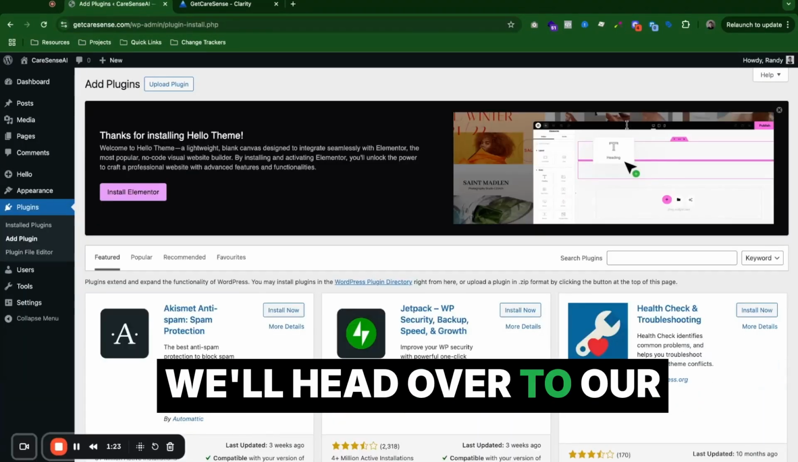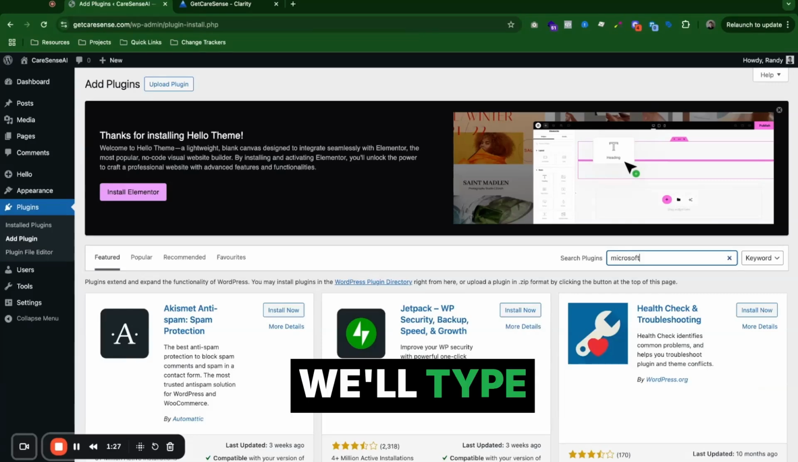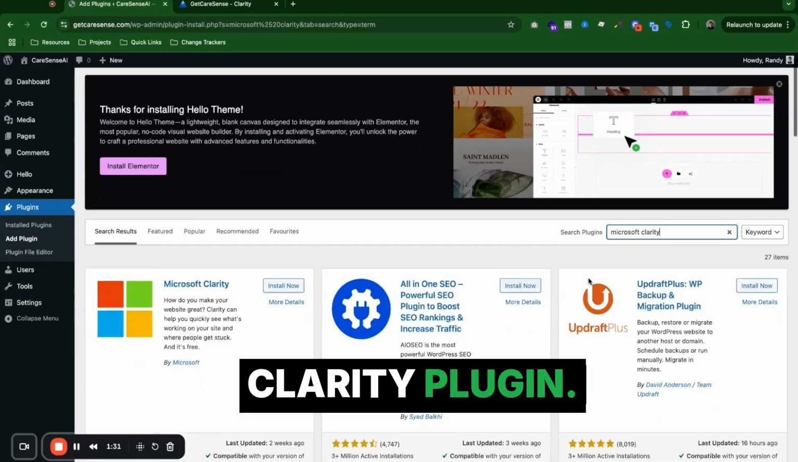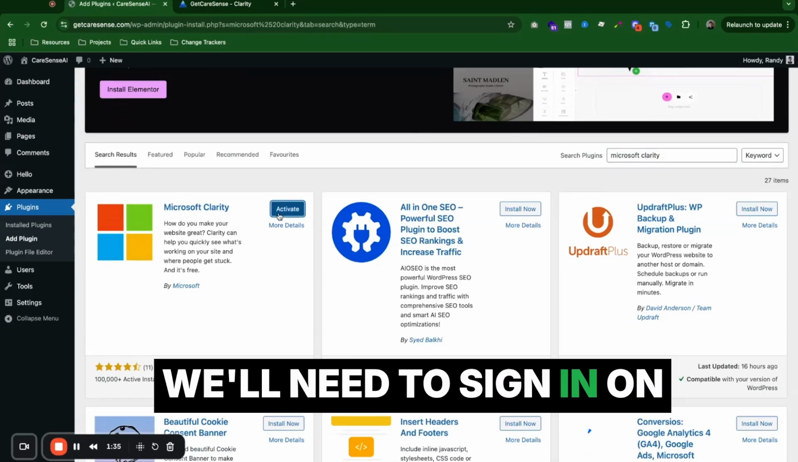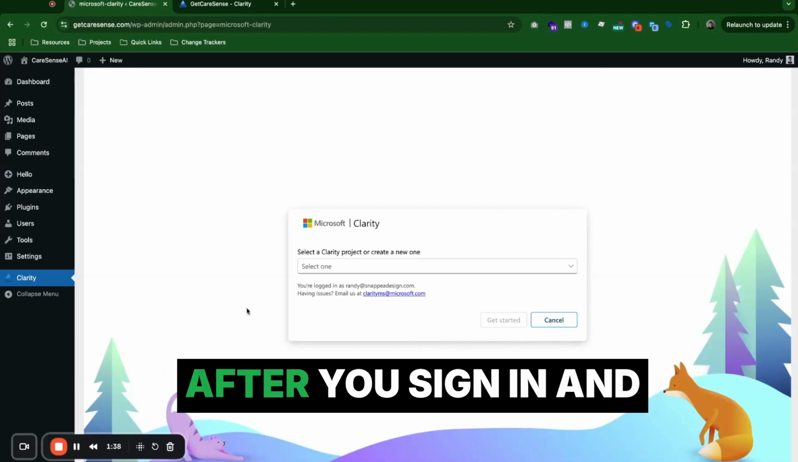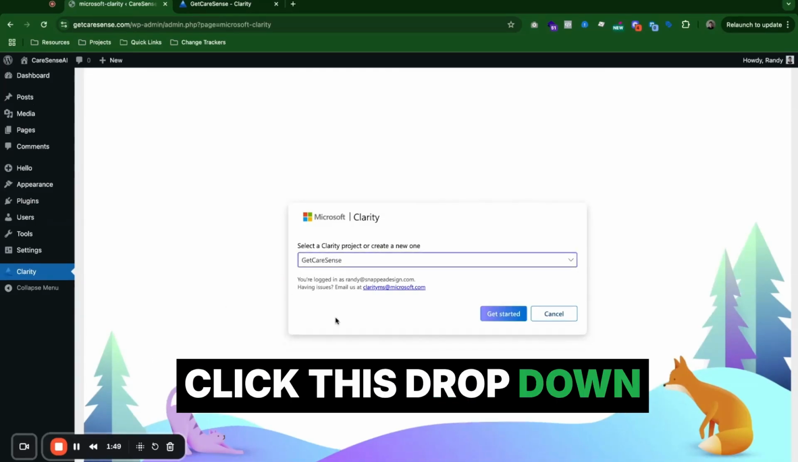We'll head over to our WordPress dashboard and go to Plugins. In Plugins, we'll type Microsoft Clarity and select the Microsoft Clarity plugin. Once installed, we'll need to activate it, and then we'll need to sign in on the Clarity dashboard in the WordPress plugin. After you sign in and connect your Clarity account, you'll simply click this drop down and select the